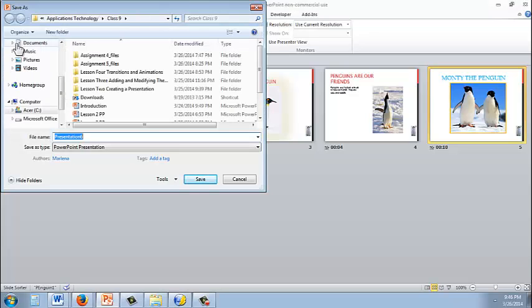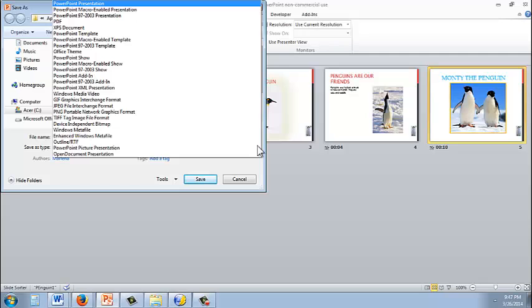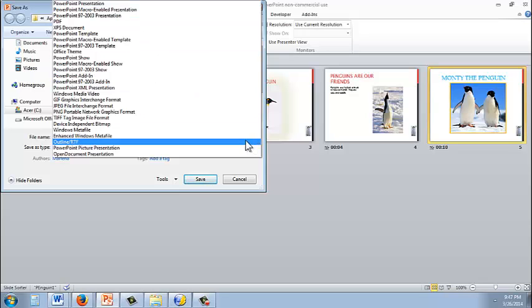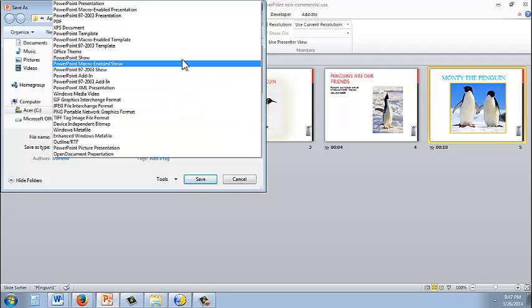Now I am wanting to save this as my penguins, but I'm wanting to save it as a slideshow PowerPoint show. Different than a PowerPoint presentation. PowerPoint presentation, if I had selected that, it would automatically, by default, open up in the normal view. If I save it as a PowerPoint show, which is right here,